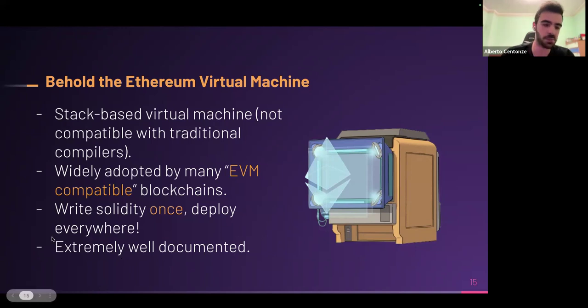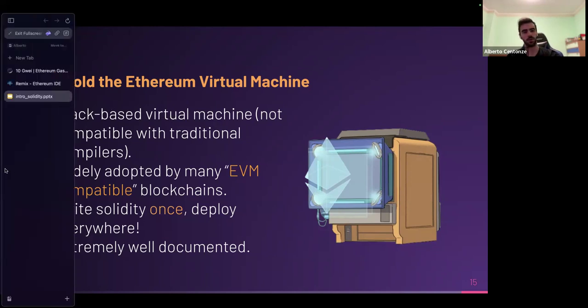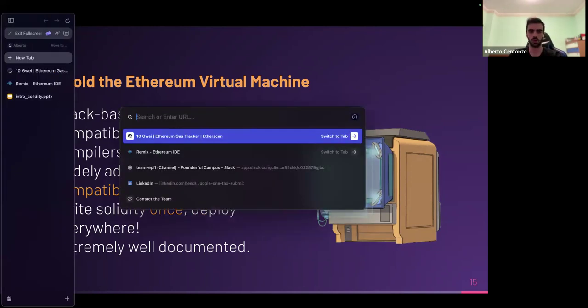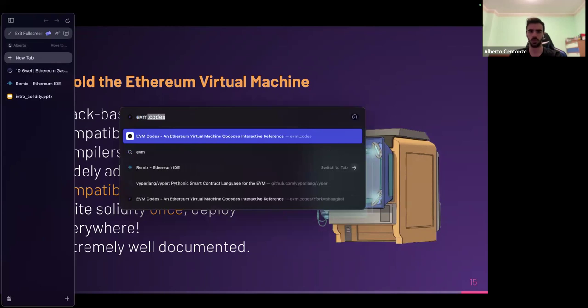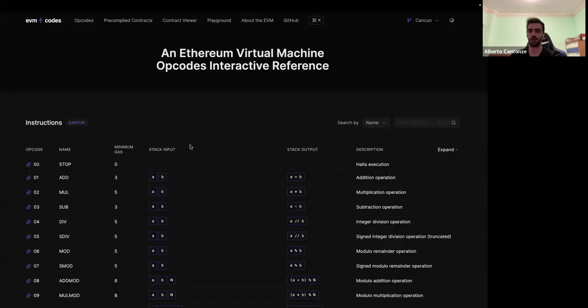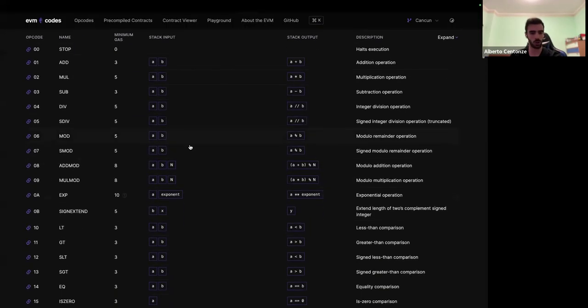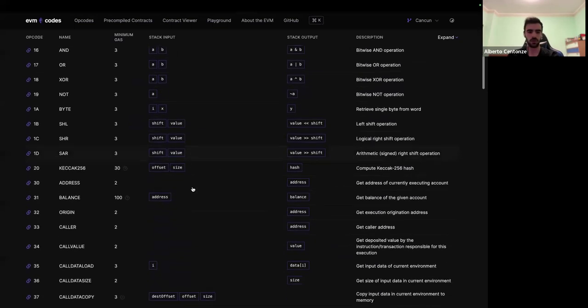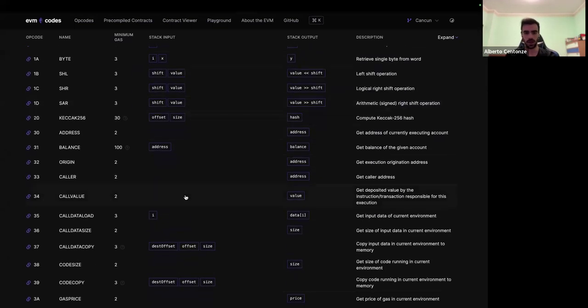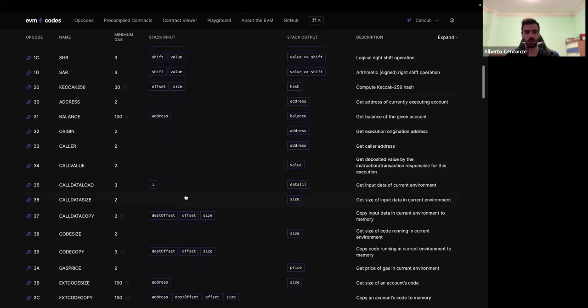So to give you an idea of how well documented this thing is, and maybe you're curious about this infamous stack-based virtual machine, there's a cool website called EVM Codes. Here you can check all the assembly codes of Ethereum. Honestly, I can confidently say this is the best assembly documentation I've ever seen so far.